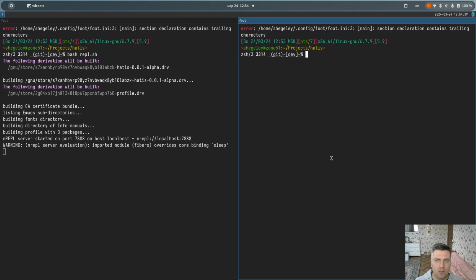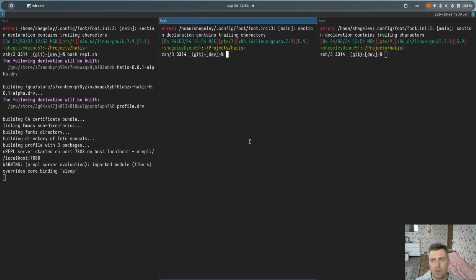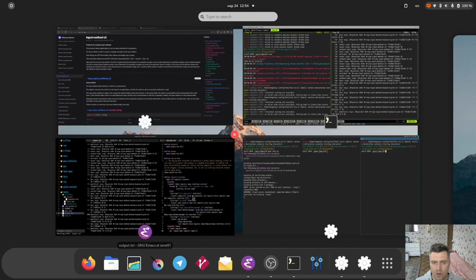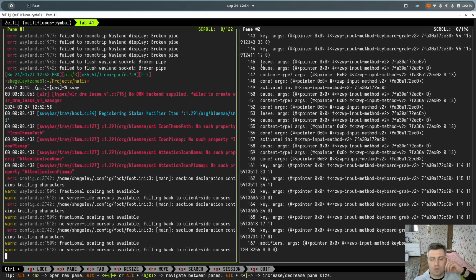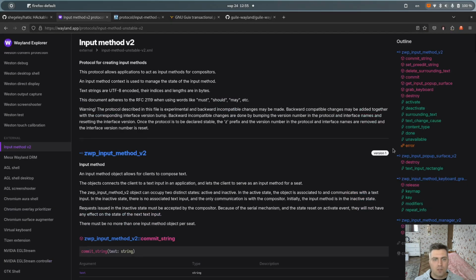Yeah, so I can launch, well, for example... I can't do anything now because I do my key presses and it won't react, because the keyboard is grabbed. And we can see in this log, activate is when it grabs a new text input. Done is... oh no, leave is when it's leaving the text input, and the key presses are here. It catches the key presses, it catches the modifiers, and all of these events can be read